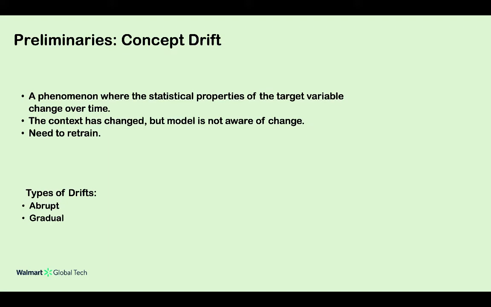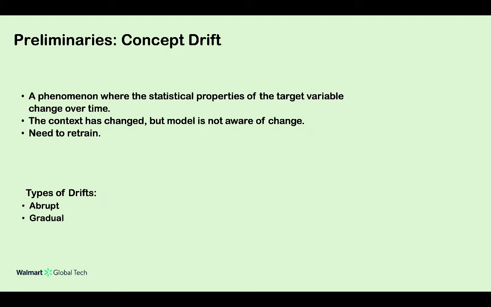For example, you can think of the price of a house, which is dependent on the features of that house as the input. But due to this COVID situation, which is ongoing now, the price of houses has decreased significantly, and this is an abrupt change. The features of the house have not changed, but the price of the house has changed, and it has occurred suddenly.